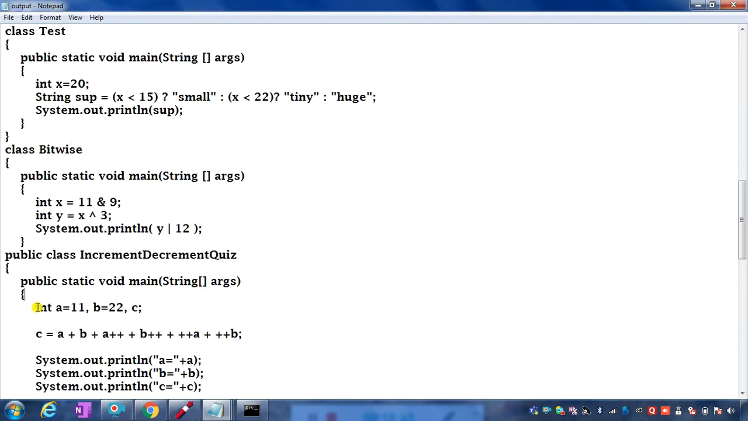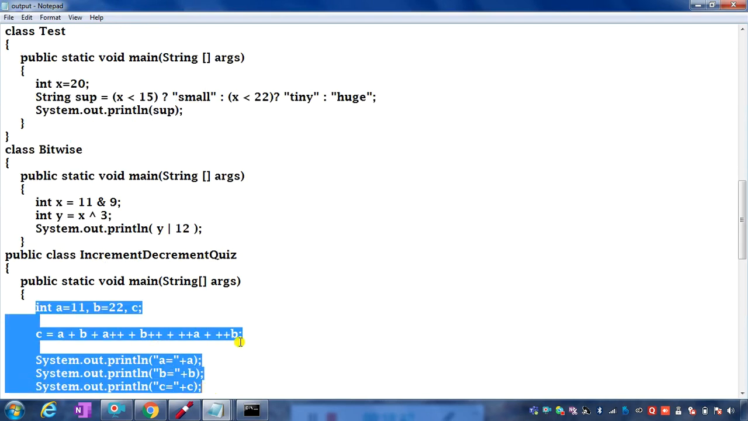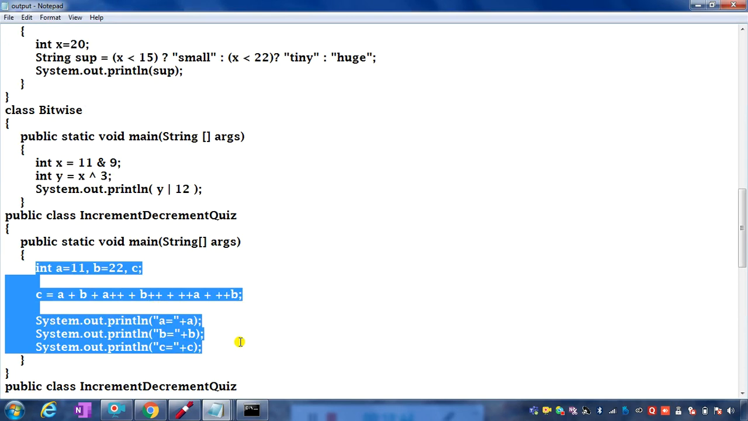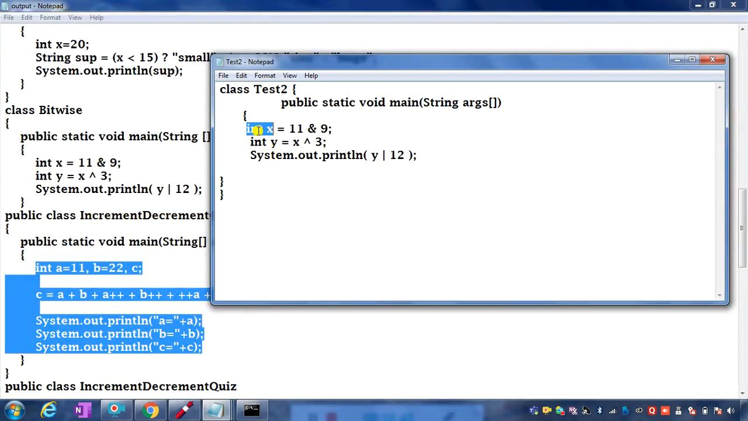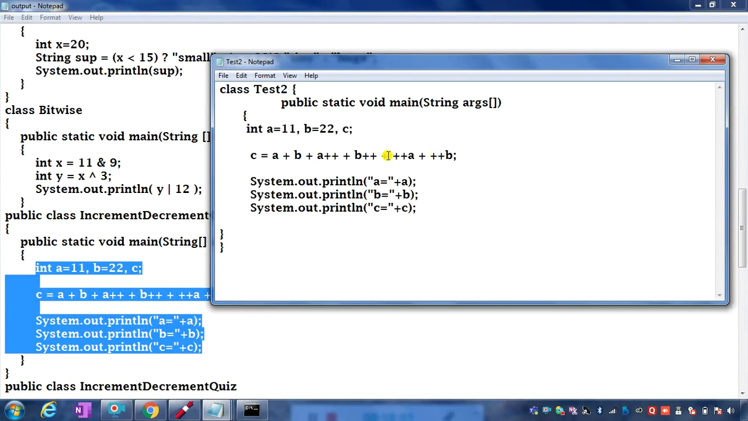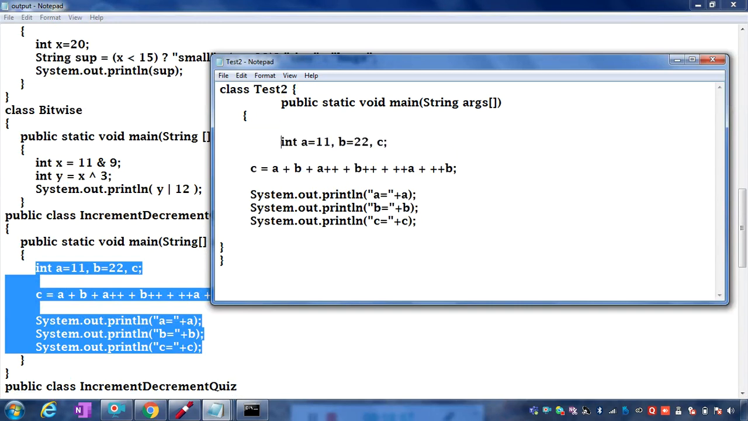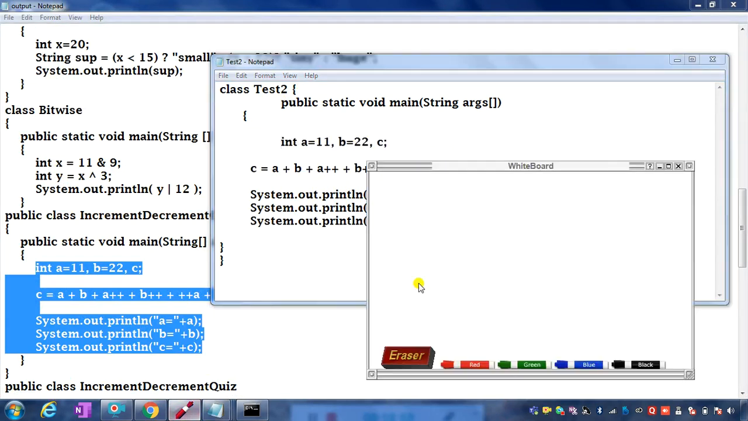Okay, now the next is increment and decrement unary operators, how they work. Fine. So here we are having this expression. Now let us write down this expression first. What it is saying,